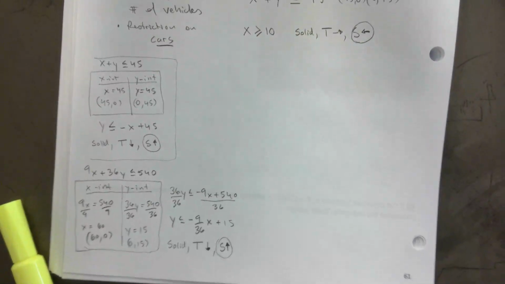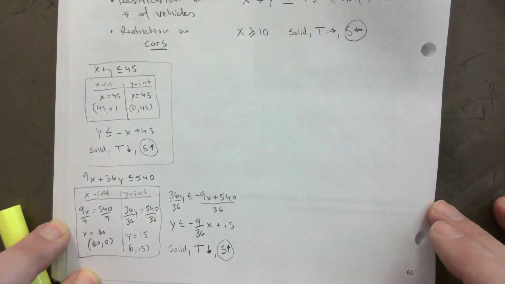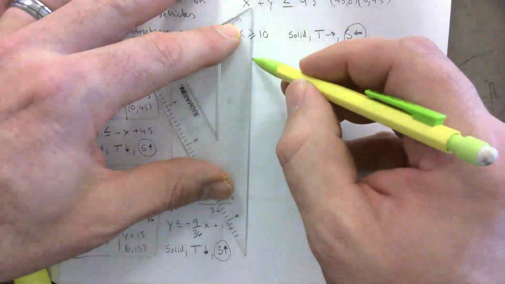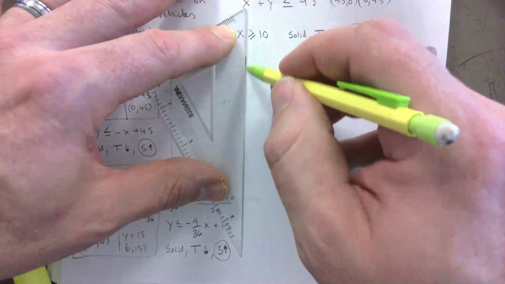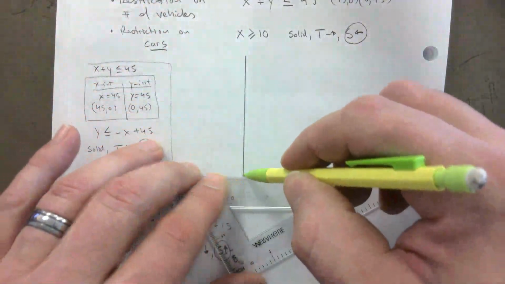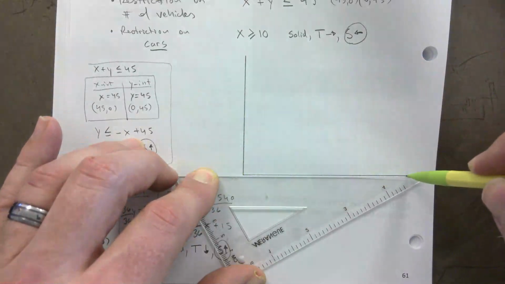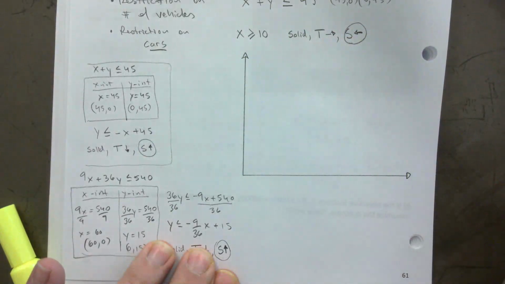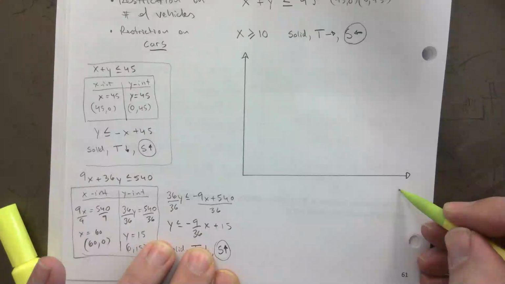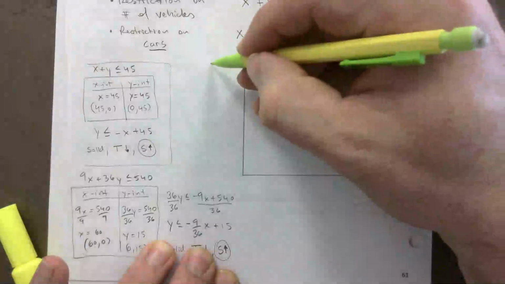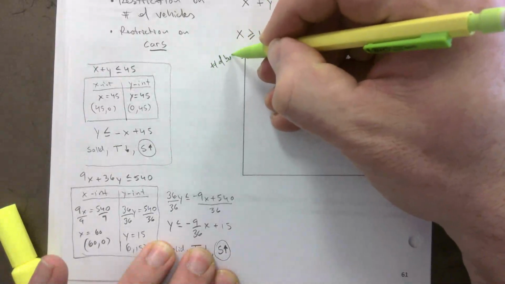Grab a ruler. I will most likely give you a grid on the test, but still be comfortable with this. So I will try to use up as much as possible, but leave some space at the bottom here for the last part that we need to do. Okay, so this would be number of cars, number of buses,